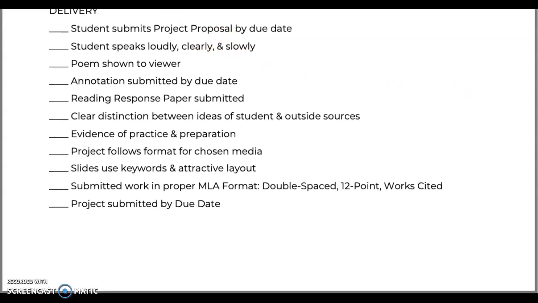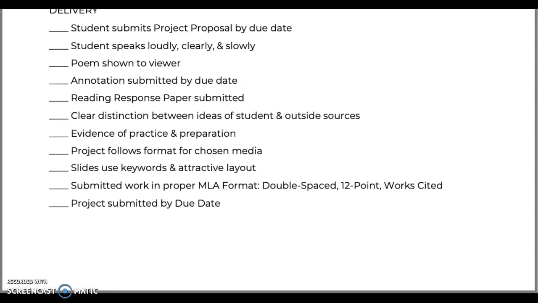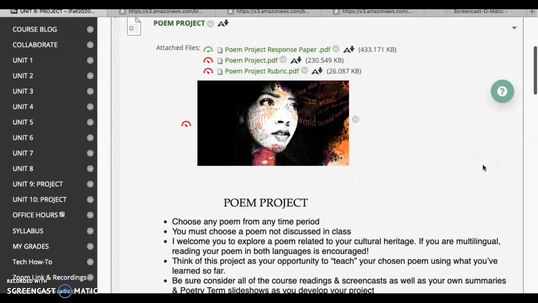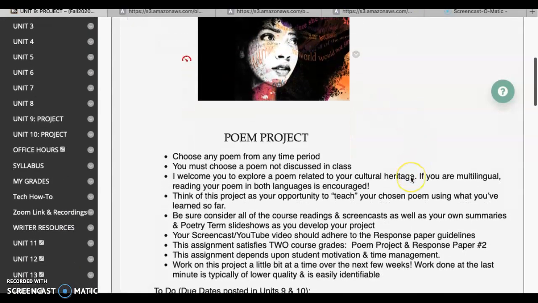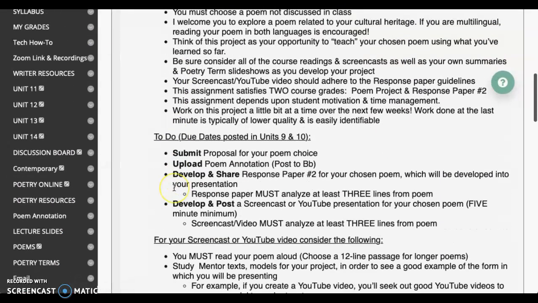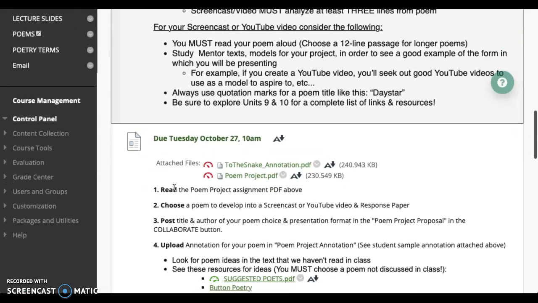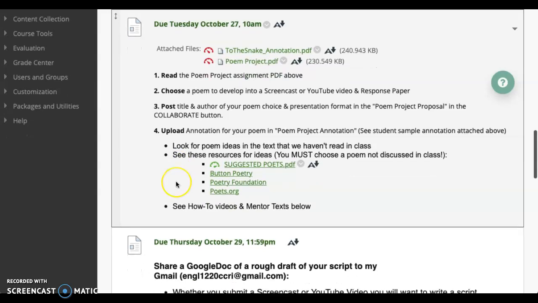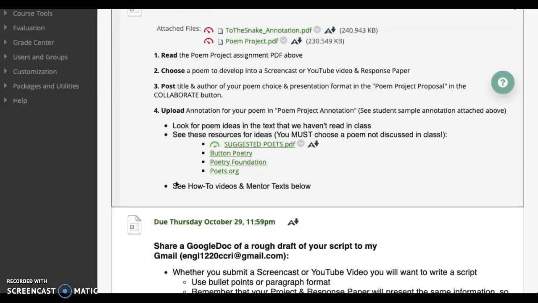So that is the general assignment. Let's jump over to the Blackboard here. All right, so here is all the information and the resources that I was just talking about. All that is what we went over, and here are our specific folders for assignments. You can see the first due date is going to be read the poem project assignment, choose a poem, post